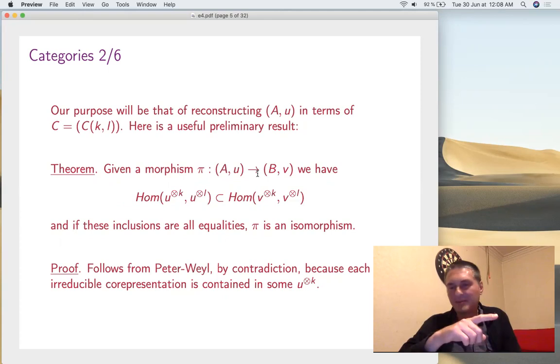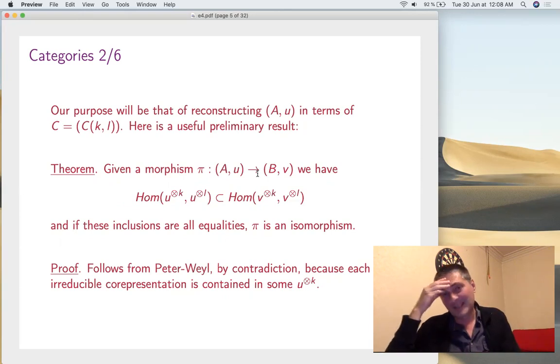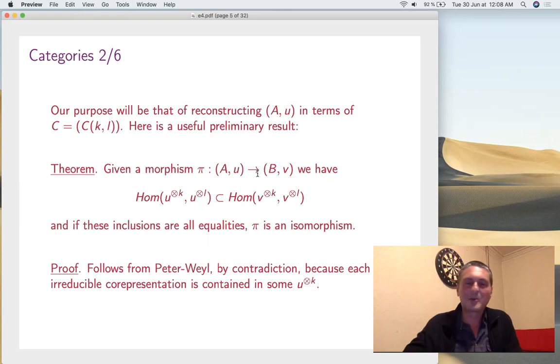And this was very simple, two lines, when A and B have a quotient map. If you don't have that quotient map, it's going to be, I don't know, 20 slides. So it's considerably more complicated.